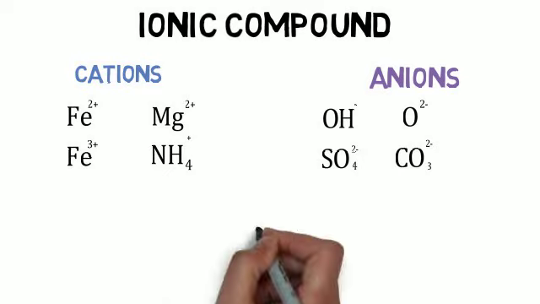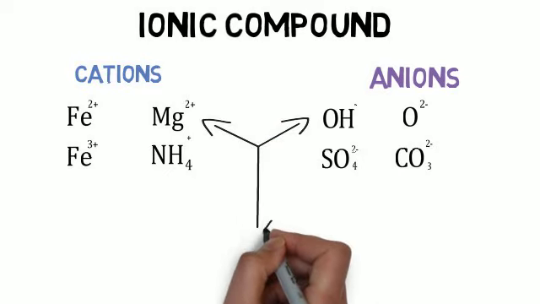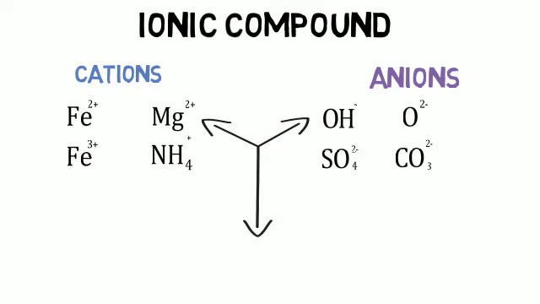We notice that the charge of our ion is always in the top right-hand corner. And any combination of a cation and an anion can give us an ionic compound. So in this case, we have magnesium hydroxide. And we're going to talk about how ionic compounds are formed in our next video and how to